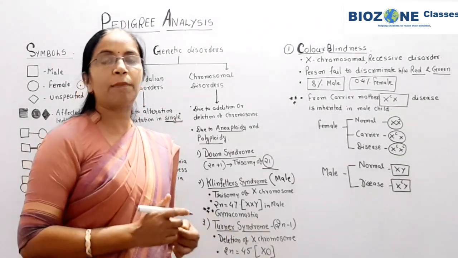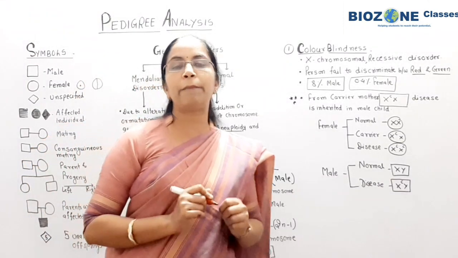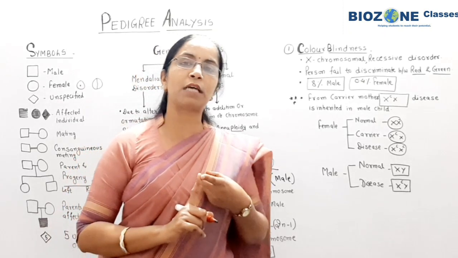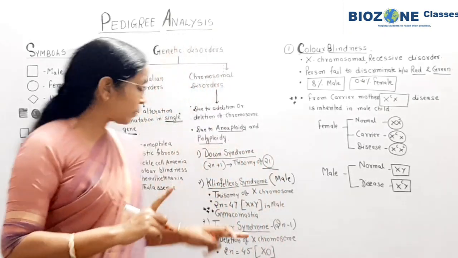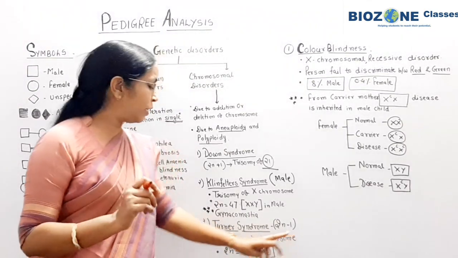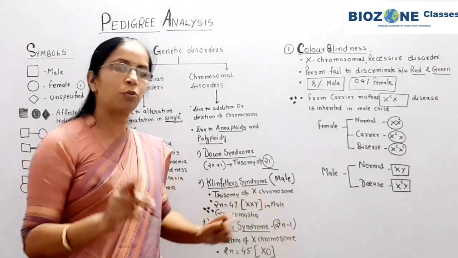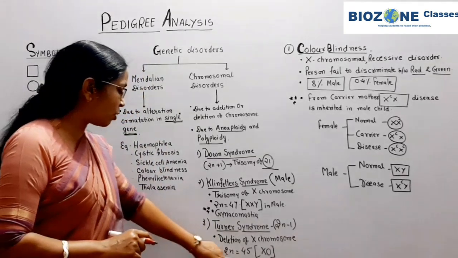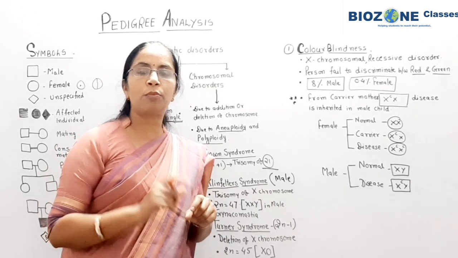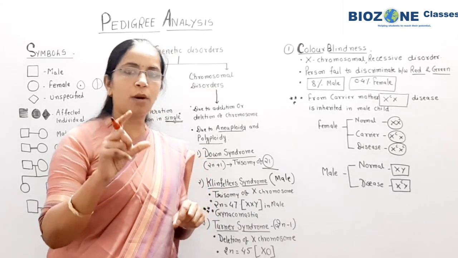When Turner syndrome takes place, the individual developing progeny is always female. Klinefelter syndrome individuals are male, and here you remember that a Turner syndrome individual is always female. Clear? Because 2n-1, one X chromosome gets deleted, and because of the deletion of one X chromosome, the combination of heterosomes is XO or X0.